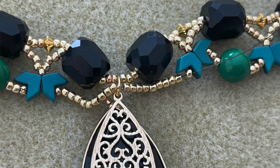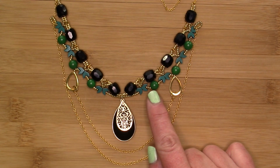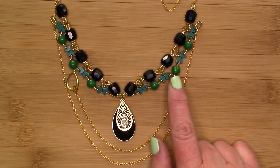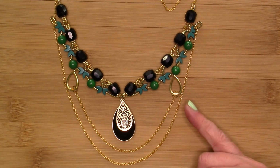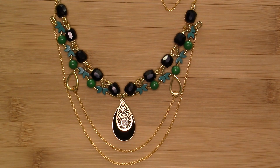And then I went through the next 11/0 seed bead to the right of the next chevron sequence. And then I went across again, bringing my thread through the 8mm glass pearl beads, the 3 11-0 seed beads, the chevron beads. And then again, once you've done this and you've gone through this pearl bead, these 11-0 or these 2 chevrons, now you're going to add your next open teardrop charm, and then you make your way across to the other